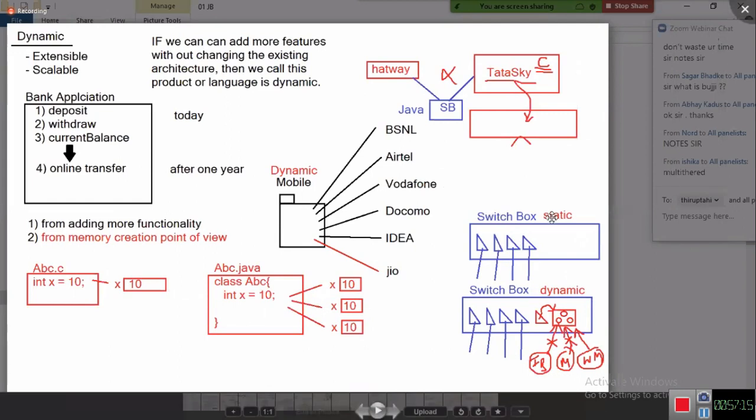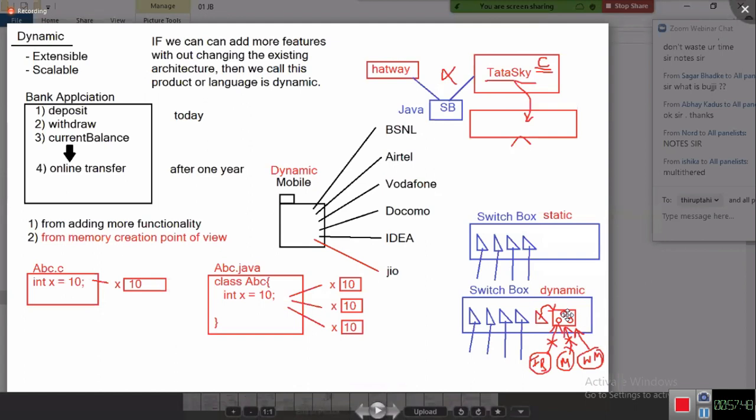Tell me now, let me take a switchboard. If a switchboard contains only switches, then it is static, because it cannot work with different electronic devices. Now, if you take a switchboard with a plug, switches plus plug, now it is dynamic. Any different electronic machine, I can plug, operate, remove it, plug, operate, remove. So this type of plug is called what? Are you catching my point? This type of plug is nothing but dynamic. The type of plug will be provided by using what?